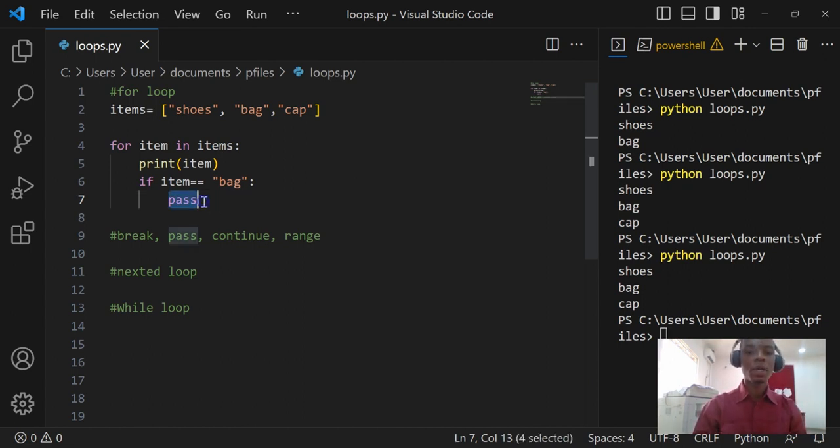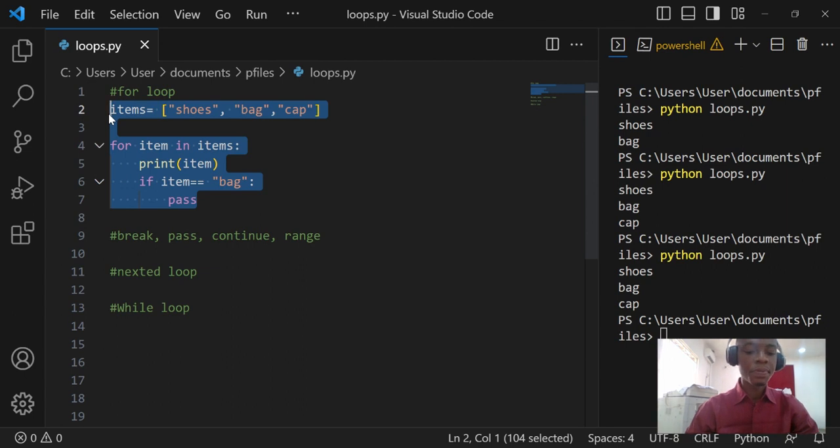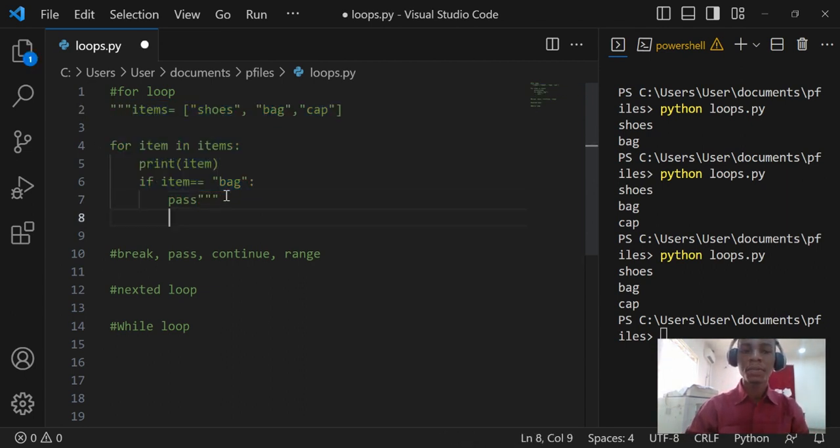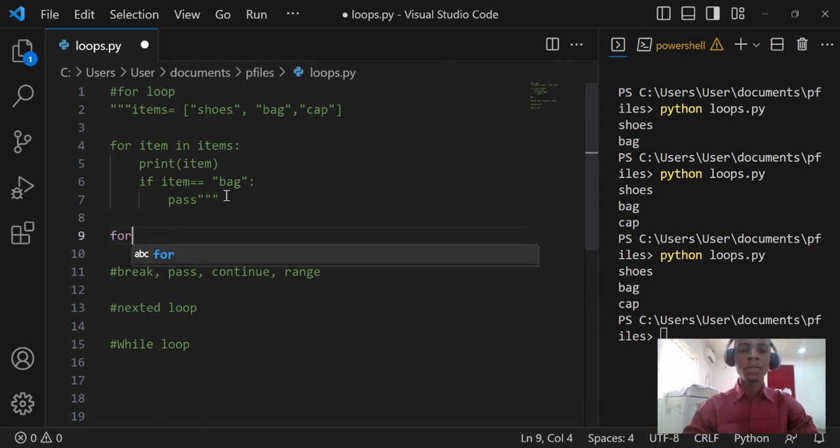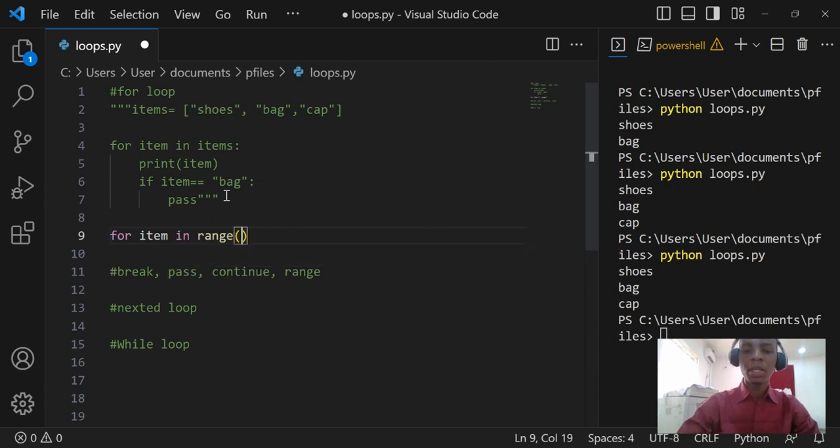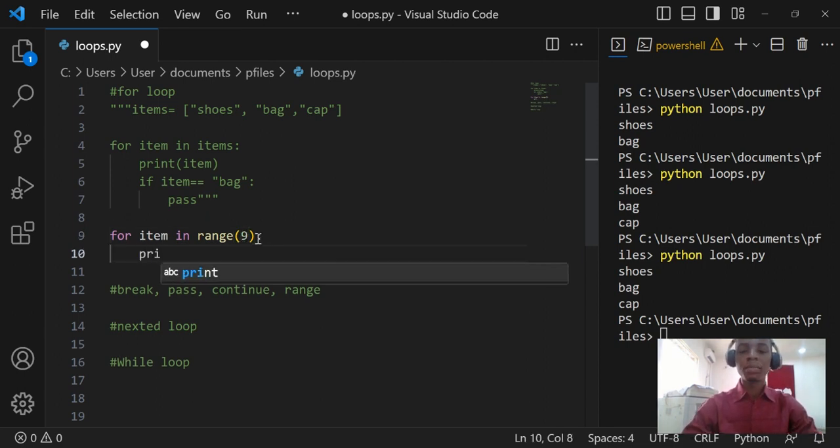Then another thing I would like to show you in this tutorial is how to use range, and I think I have to comment this out because I will be dropping this code for you later in my GitHub. So let me comment this out and show you how we can use range. So you can say for item in range, and then this range can be, so long as we specify the exact range, let's say if I say range is 9, then the range is starting from 0 to 8. That's what I'm trying to say. So once I print this range, print the item, each item in the range,